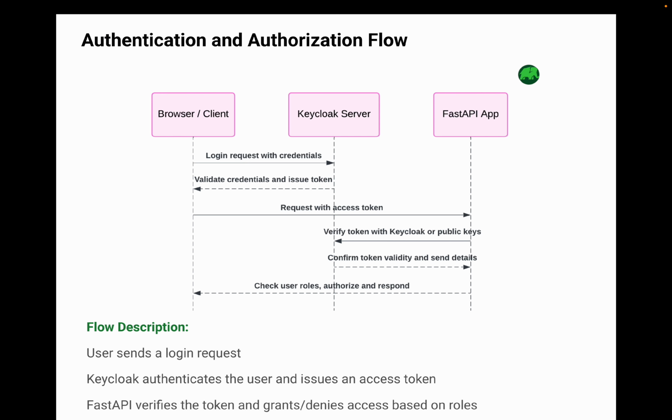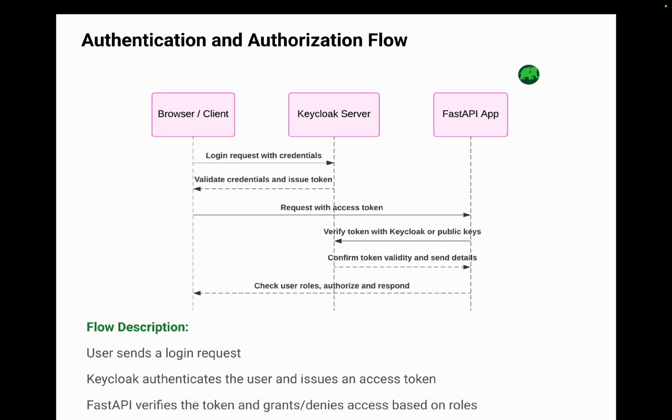After login, the client includes the access token in the headers of subsequent API requests. For example, the request is then sent to the FastAPI application. The FastAPI application receives the API request with the token. It extracts the token from the authorization header and verifies its validity by checking the signature, which ensures the token was